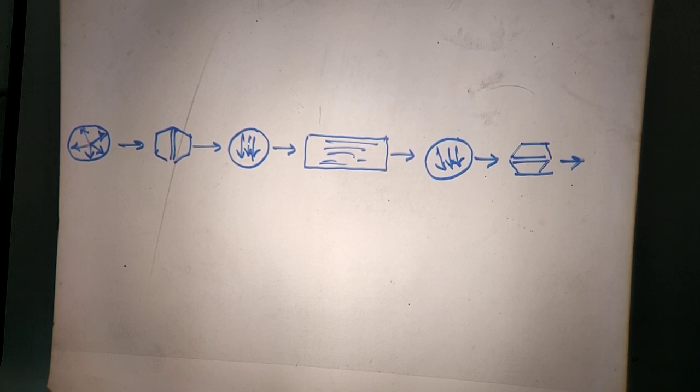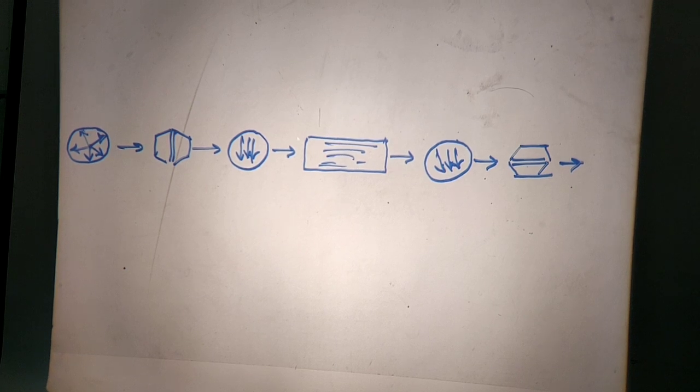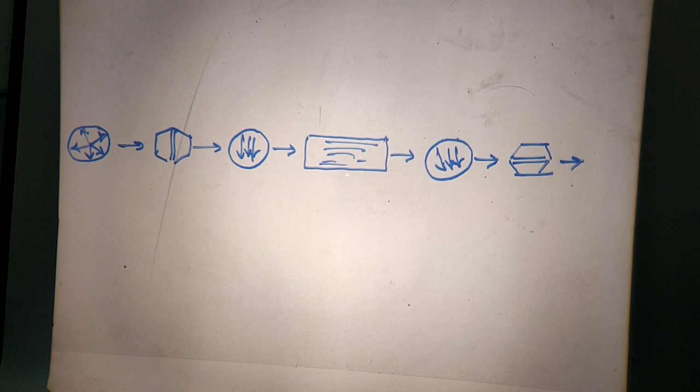Now this light, which is in a single plane, is passed through a solution of sucrose, and sucrose is a compound which is optically active. It has got asymmetric carbons in it, and it can rotate the plane of polarized light either towards the right hand side or towards the left hand side. Now you can see that the direction of the light has been changed. Now what will happen here?